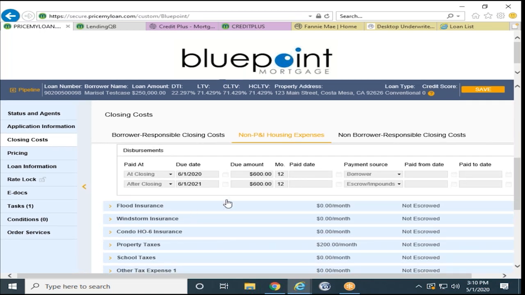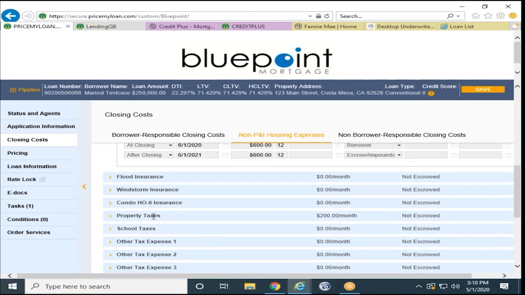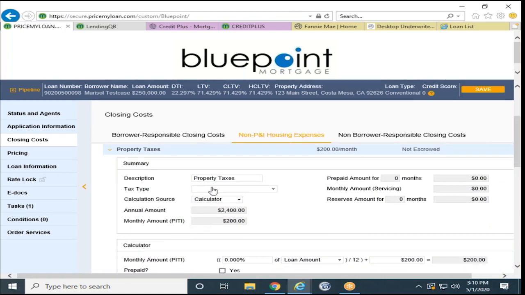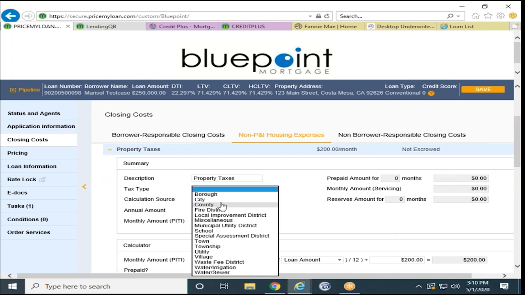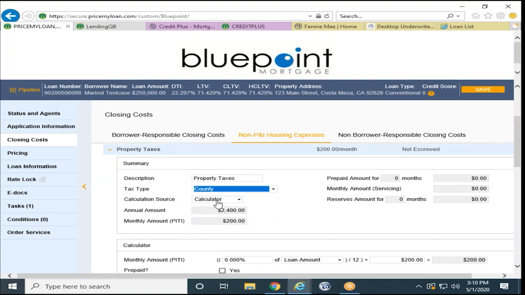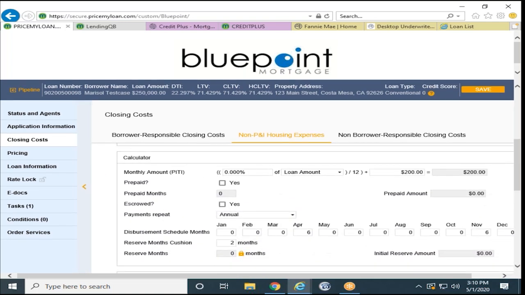Same thing, if you have flood insurance, you just enter the same thing. Property taxes, same thing too. Type of taxes is county taxes. I want to make sure it's calculator source. In California, our example is in California, and it is due in March, which is 6 months in March, and another 6 months in